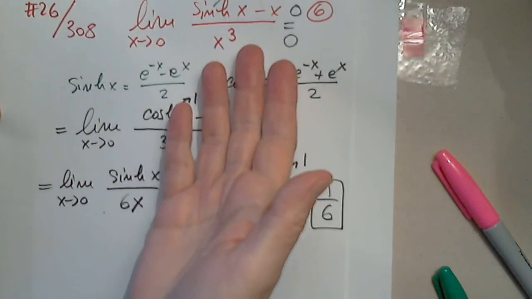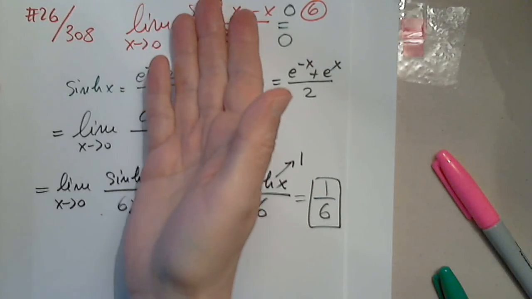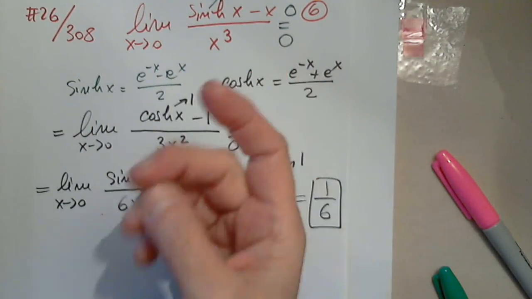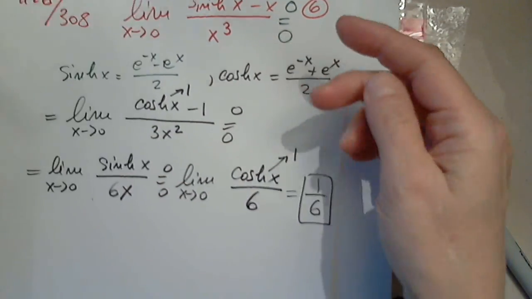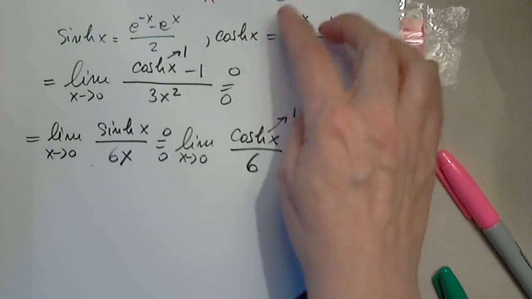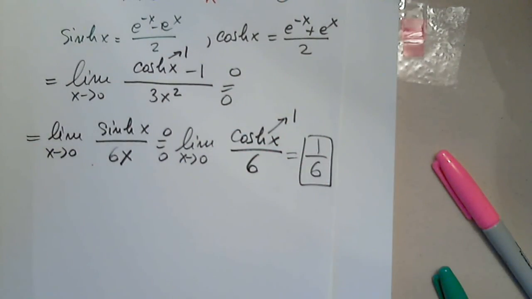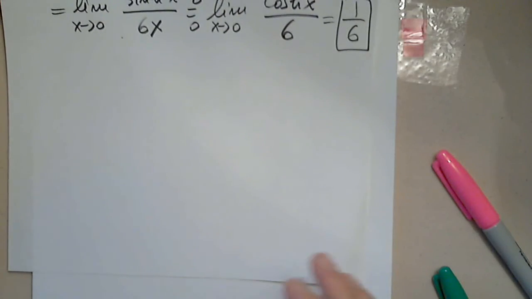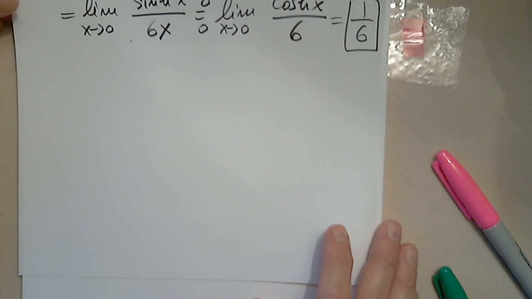I chose a simple example in which we had a ratio. L'Hopital's rule was right there. We didn't have to do anything. We did apply it, however, 3 times in a row. But the answer was 1/6. So now we're ready to continue with